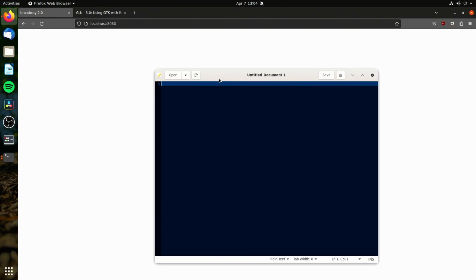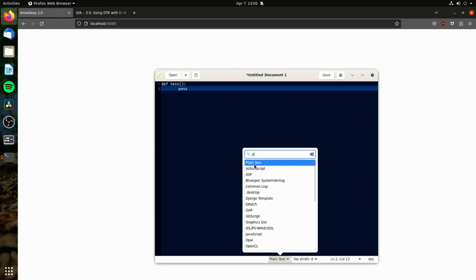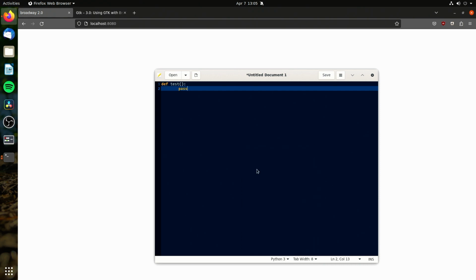If you noticed up here on my screen, gedit ran. You can drag it around in the web browser. This is all interesting, right? And it works just like any regular gedit. So I could go test, right? For example, if we set this to Python, I could write a test function like this. Just to show you that it can highlight and everything too. So I'm going to go in here and change it to Python 3, and there you go. You can see it highlights and everything.